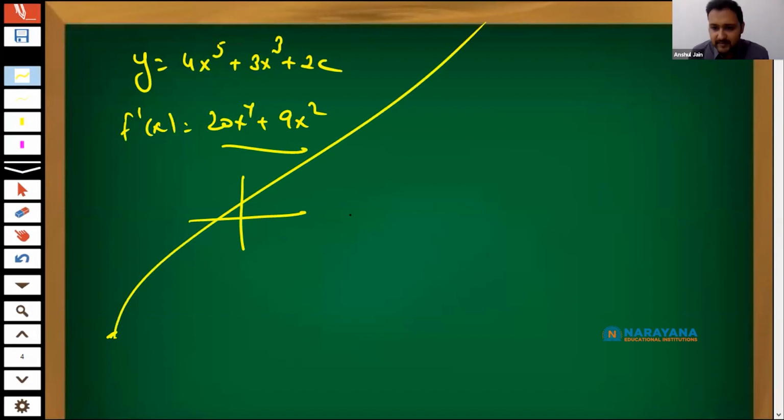Sir, you said that one of the roots should be real and the other two should be imaginary. I said 3 real roots and 2 imaginary. If there are two imaginary roots, can this case be possible? In this graph there are 4 imaginary roots because there is only one real root and the power is 5. Yes, I understood. So there are 4 imaginary roots, right? Yeah, 3 real and 2 imaginary roots.